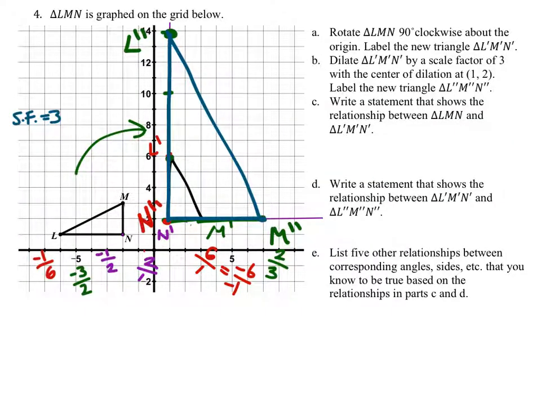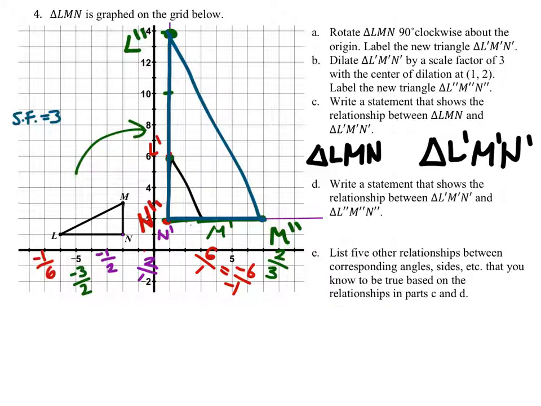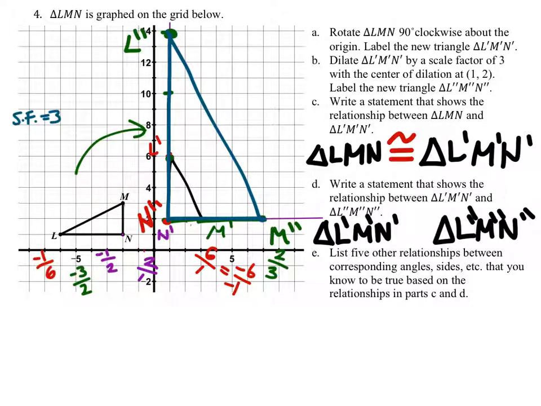Next up is a statement that shows the relationship between triangle LMN and triangle L prime M prime N prime. So we're just looking for a congruency or similarity statement, really. Triangle LMN to triangle L prime M prime N prime, that was a rotation which maintains, and we should know this already, congruency. So these two are congruent. However, the next set, triangle L prime M prime N prime and triangle L double prime M double prime N double prime, this one was a dilation which maintains similarity,